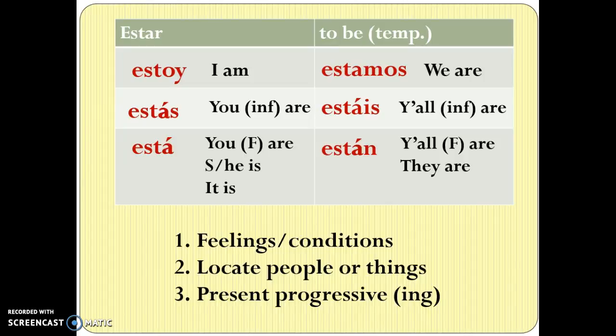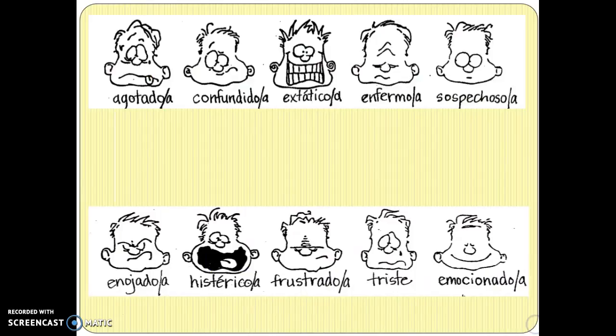All right, so those are the conjugations, the meanings, and the uses of this verb. So our first unit is going to be just on number 1, on feelings and conditions. And so turn the page to page 70, and you'll see there's a variety of facial expressions that are trying to maybe indicate what these Spanish words mean. Most of them are pretty good. Maybe some of the faces don't match very well.